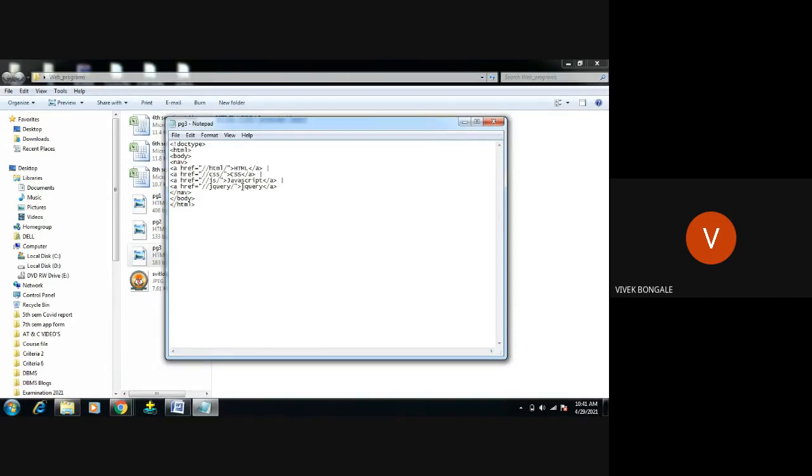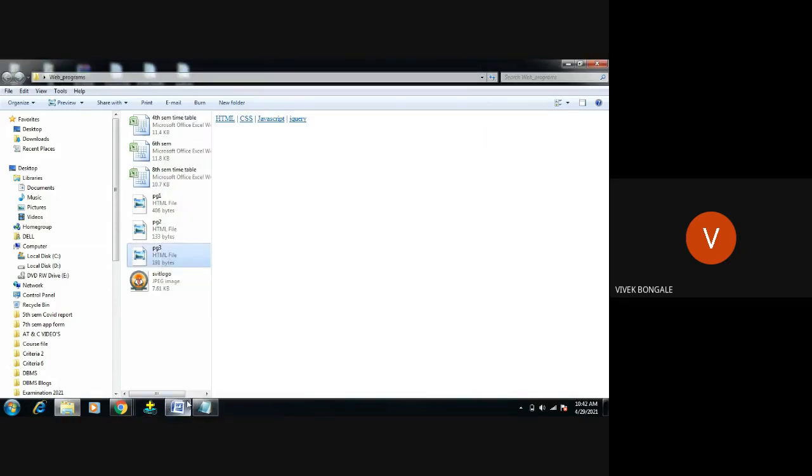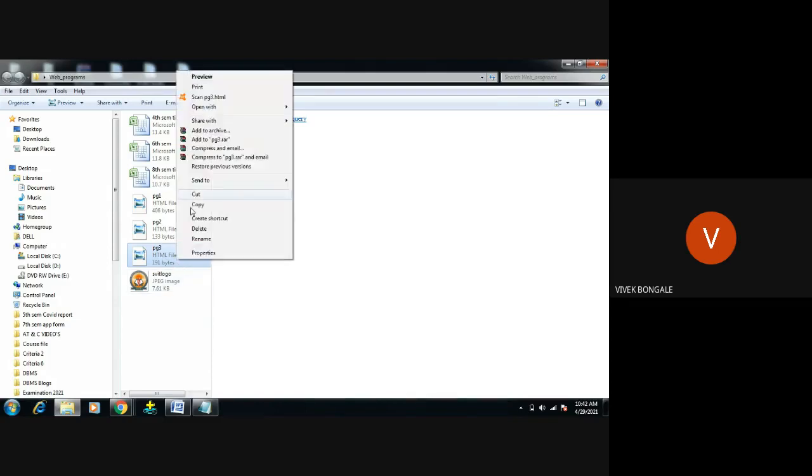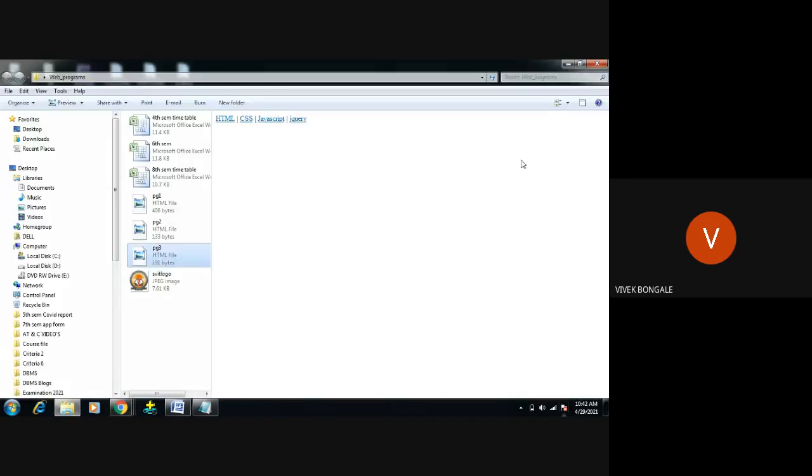So let me try whether it will work. www.html.com. This website is there. html.com. We will just try here. Let's check. Control S. A proper link should be there. Okay, then only it will open. Google Chrome. Okay, we'll try it. We'll just click on HTML. No, html.com is not there. That particular link is not there in any server. Right, that is the reason it is showing. Okay, we have to give the proper link there. Right?